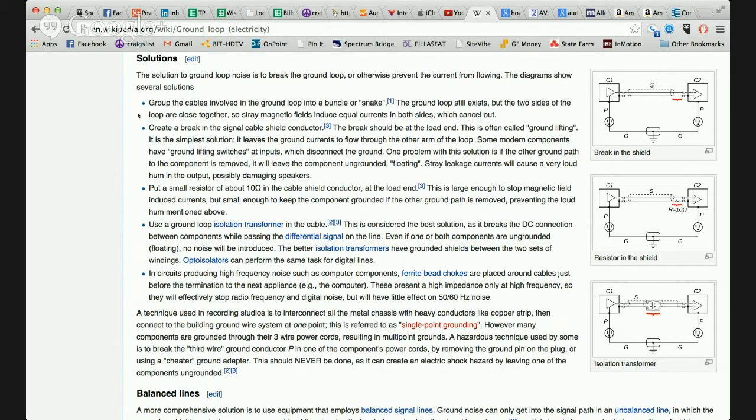bundle or a snake. And the idea here is we're trying to use the concept of there is strength in many. So if there are any stray magnetic fields, okay, that are interfering, so say you have audio lines that are laying parallel to power lines, okay, and these are power cables that plug equipment in, okay? It doesn't have to be a big transmission line